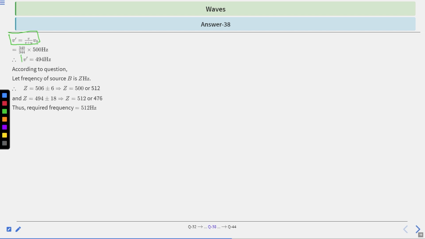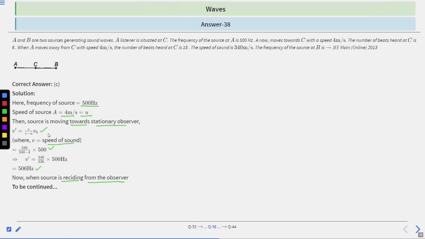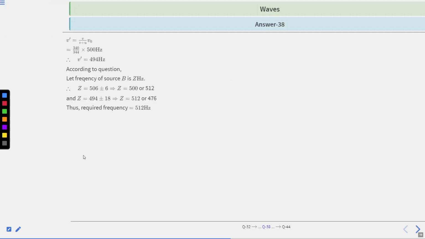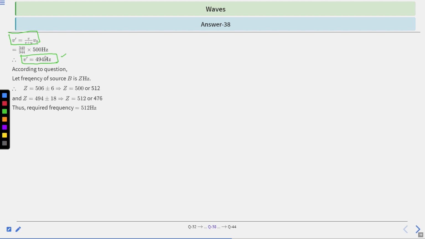So v prime is equal to 494 Hz. So there are two cases: first, when the source moves towards the stationary observer, the frequency is 506 Hz, and in the second case, when the source is receding from the observer, v prime is